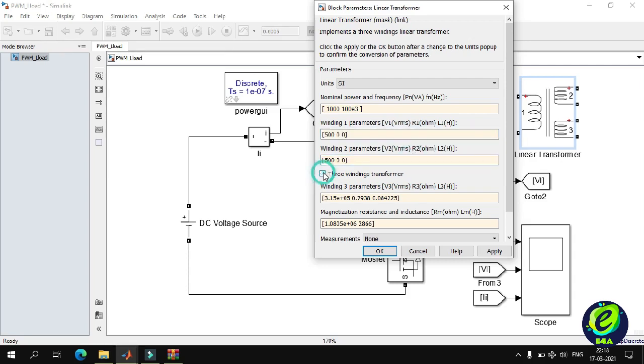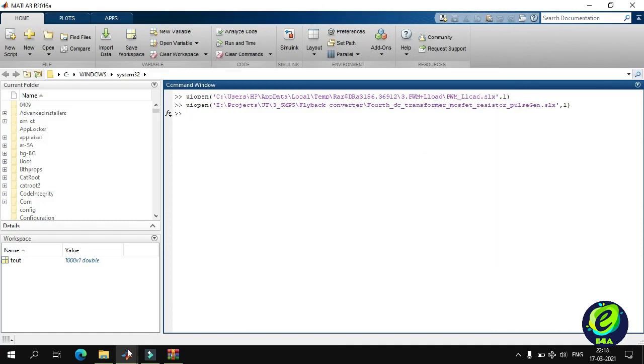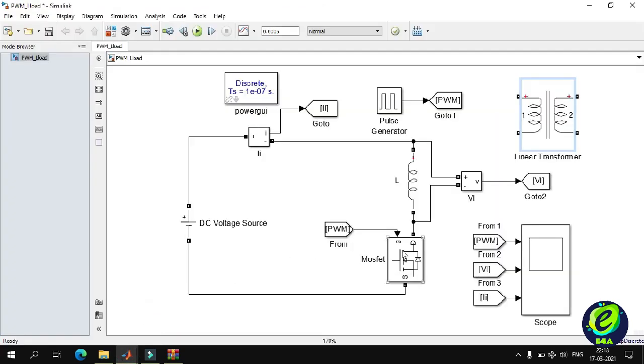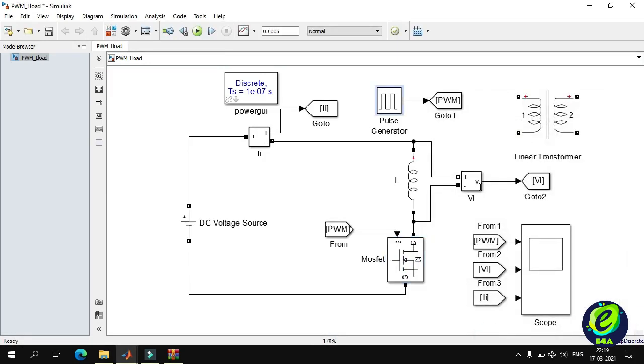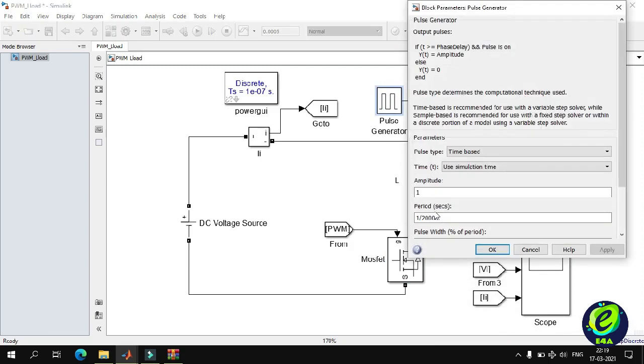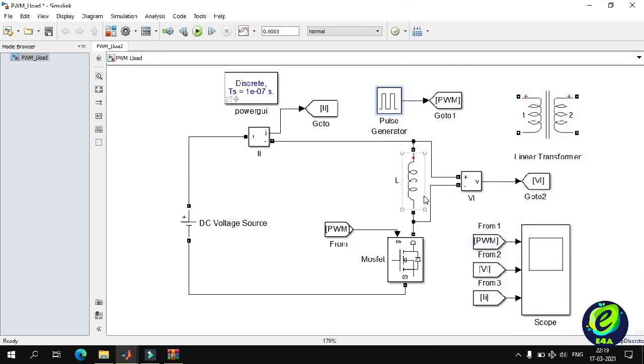We will also disable the tertiary winding. Now double click on the MOSFET and change its RDS1 to 100 milliohm. From the pulse generator, we will change the duty cycle to 30%. Let us connect the transformer and arrange all the components properly.